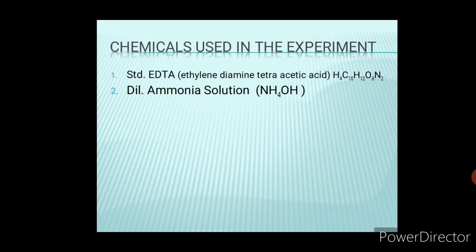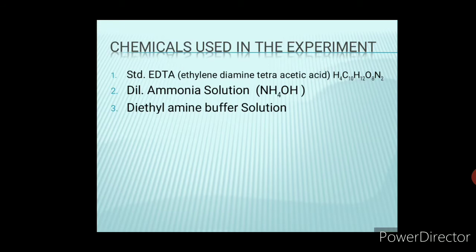Here is the question. The answer is, whatever EDTA powder we have, it will not be completely soluble in water but sparingly soluble. So to increase its solubility, first it must be dissolved in ammonia, then the solution must be prepared using dilute H2SO4. In the procedure of the experiment, we'll understand it. So the next chemical is dilute diethylamine buffer solution.